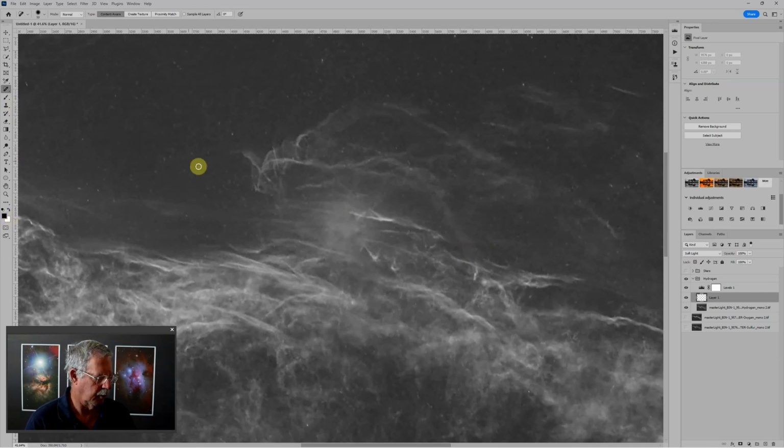I want to choose the brush tool. I can tap B on the keyboard to get the brush. I want black as my foreground, and I'm going to change the opacity to about 10%, which I can do by just tapping the 1 key. That sets the opacity for the brush at about 10%. Now, when I paint with black at 10% opacity, you can see its effect is that it's just darkening this